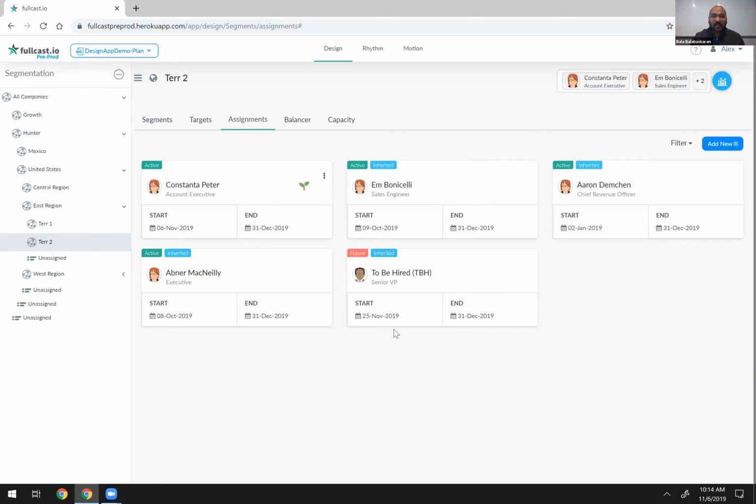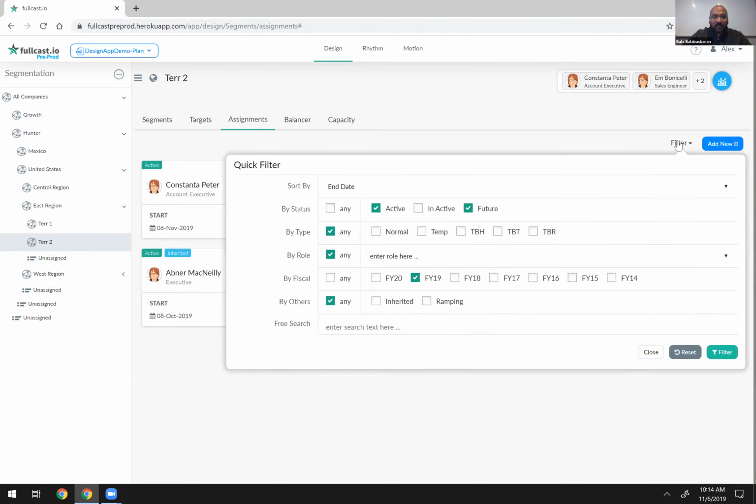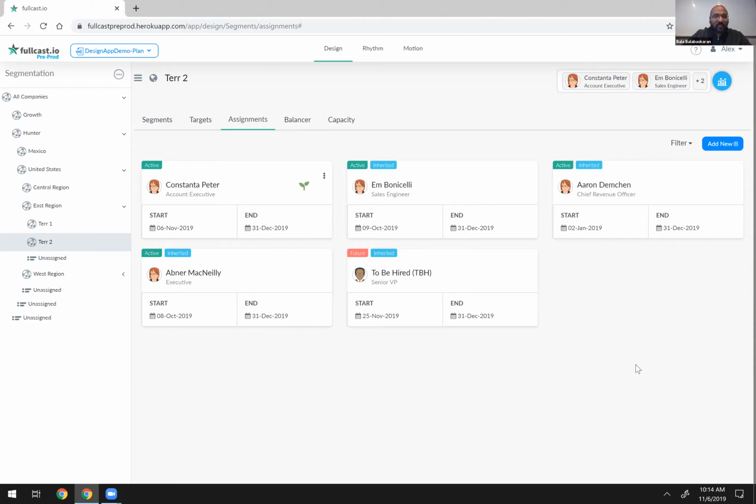Awesome, that's great. So once we look at assignments, you'll notice that there's a little leaf there telling you that this person is currently ramping in that territory. So you get a quick view of who are all the players in this particular territory, who's playing what role, and the start and end dates of those. And of course, you have a nice filter to find things if you have difficulty locating them within the territory. So the assignments,